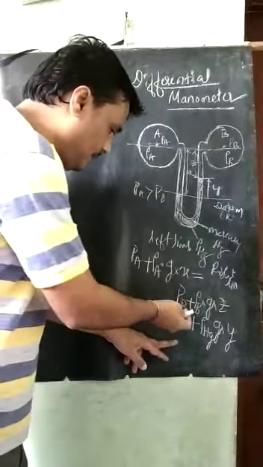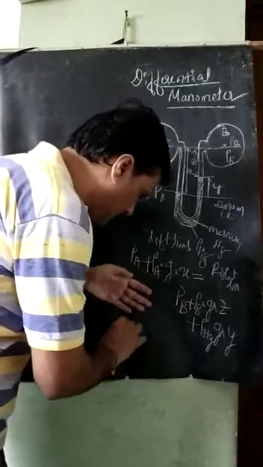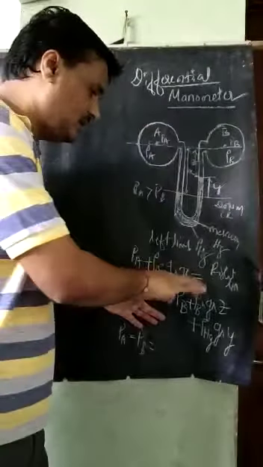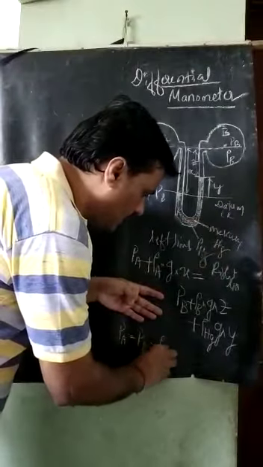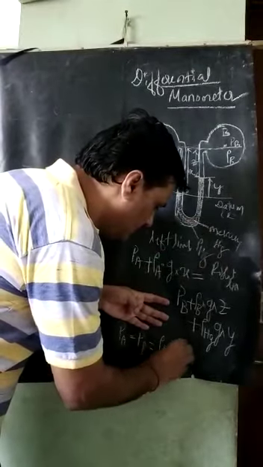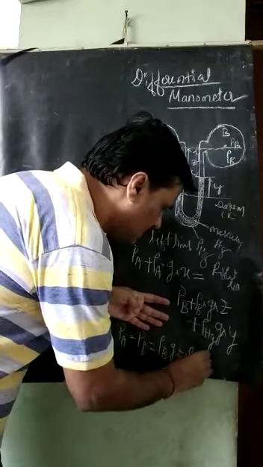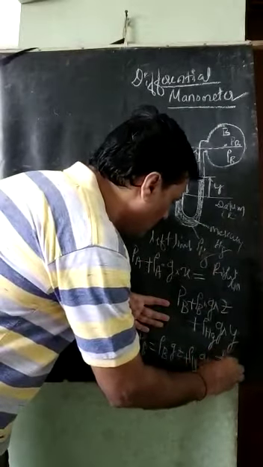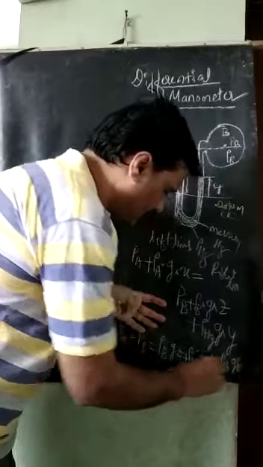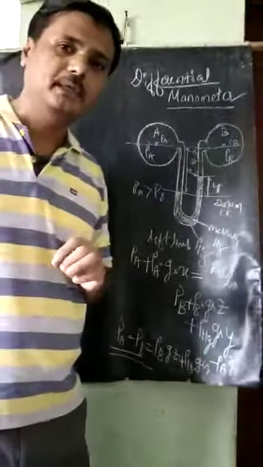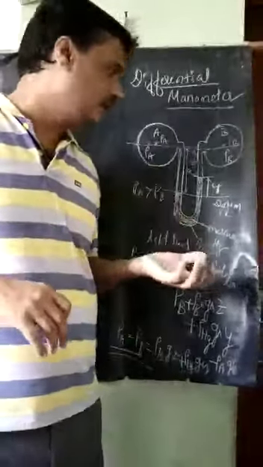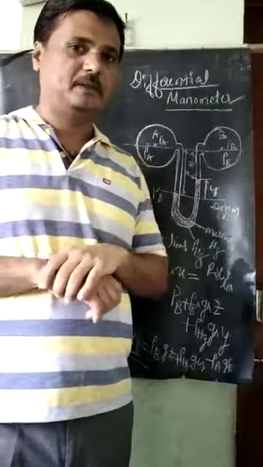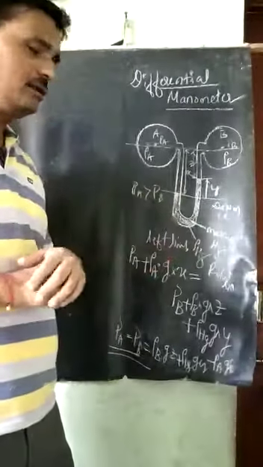So you take this PB to this side and write the equation: PA minus PB is equal to, other things you take that side. So it is rho B g Z plus rho of Hg g Y, then this one it will take that side, it will become minus rho A g X here. So now this is PA minus PB. This PA minus PB we can calculate if we know all these quantities. So this is called the differential pressure. So the differential pressure, how we are writing all these things here.